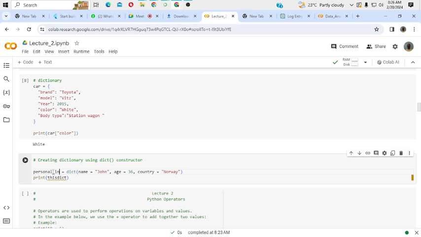Personal info. I can change this one to again personal info. Personal info. Should be like that. So in this personal information, I'm assigning this one to dict, the dict now